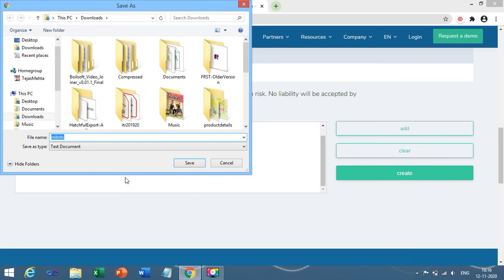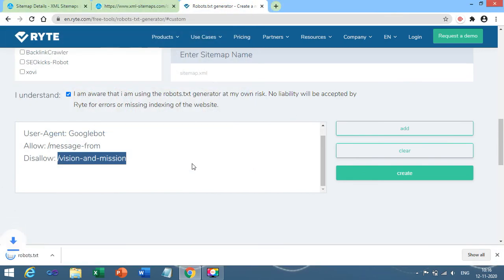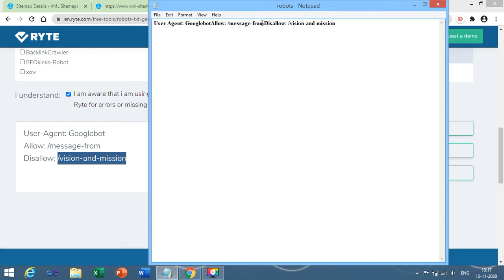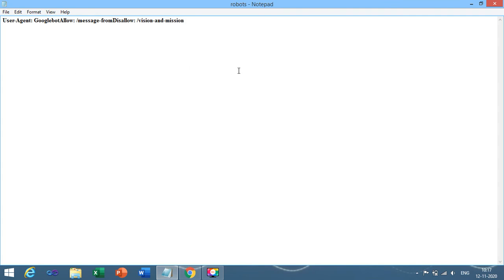robots.txt file, just save. Now over here you can click, see: user agent Googlebot, allowed and disallowed. So it is in the form of a text file. In this way robots.txt is generated.